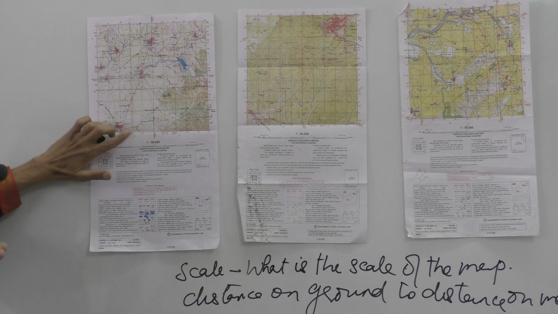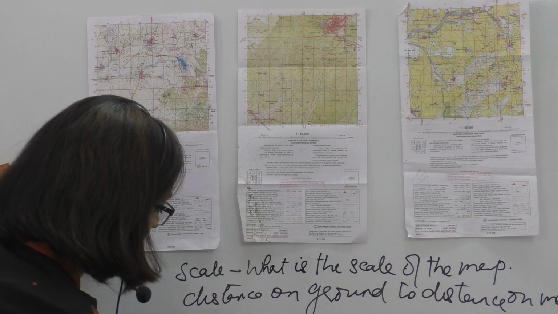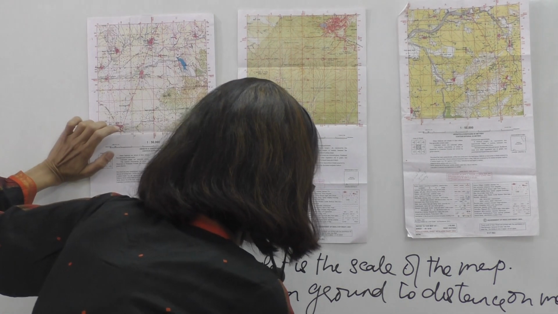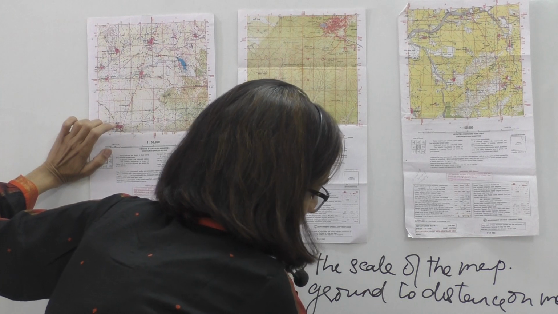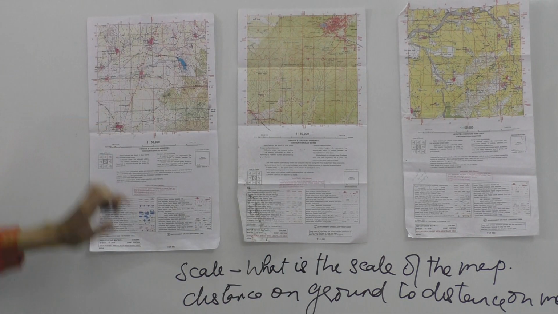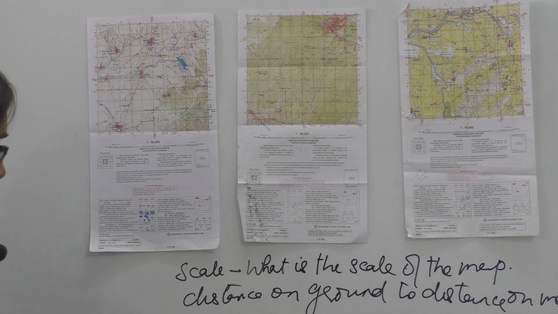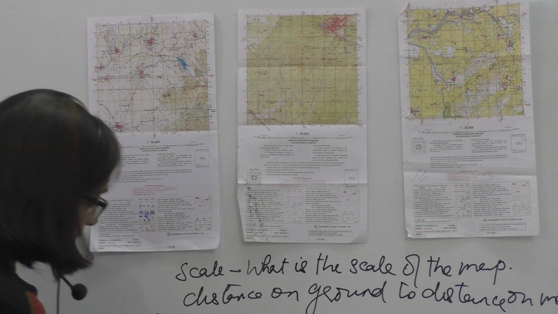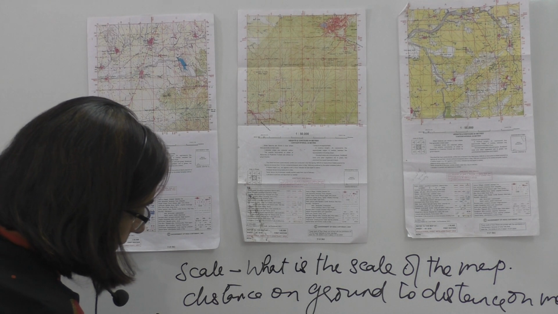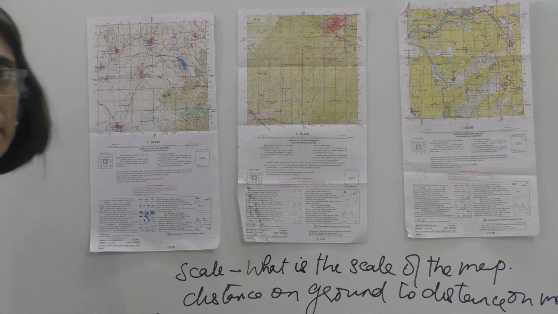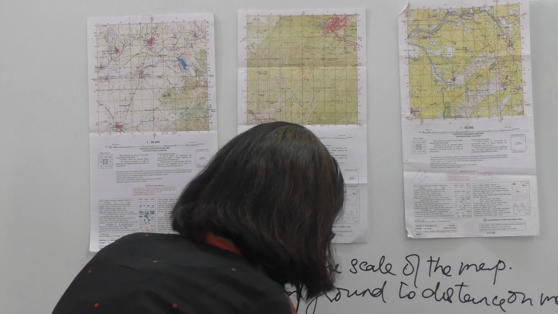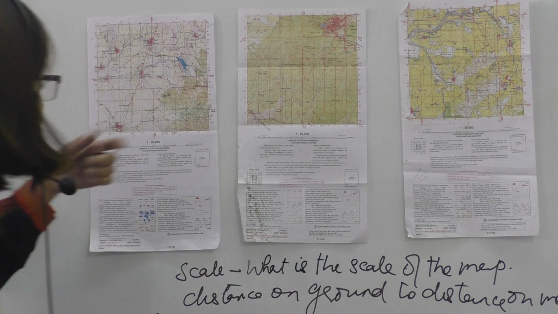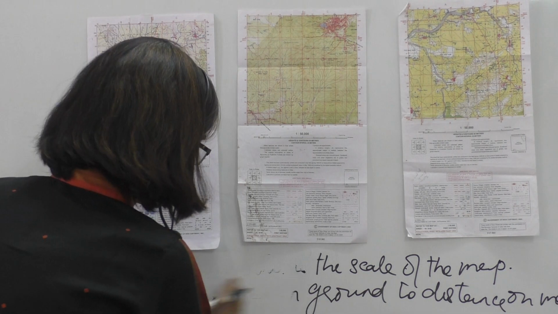We have said that you'll be getting maps of 1:50,000 RF. The RF of the map is 1:50,000, which is the universal scale. Other than this, we have also said there is a linear scale, and a verbal scale. So you need to remember at least this much about the scale of the map.